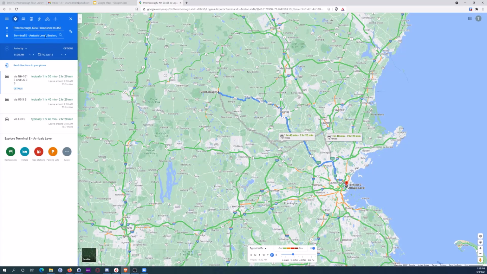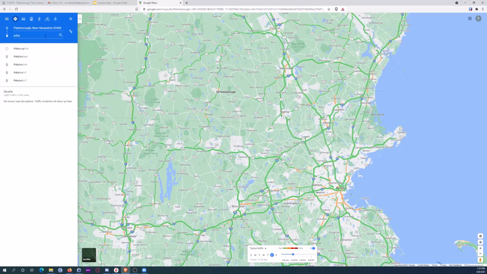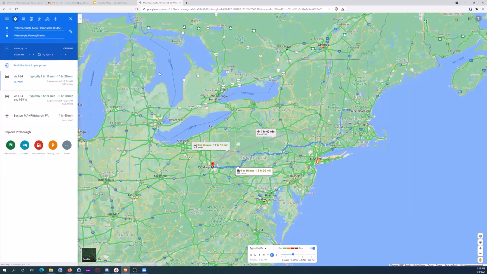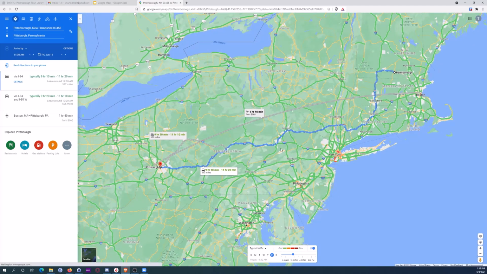I said before that I used to travel to Pennsylvania a lot. So if I go from Peterborough to Pittsburgh, Pennsylvania, you can see this is a very long drive. One of the cool things Google has